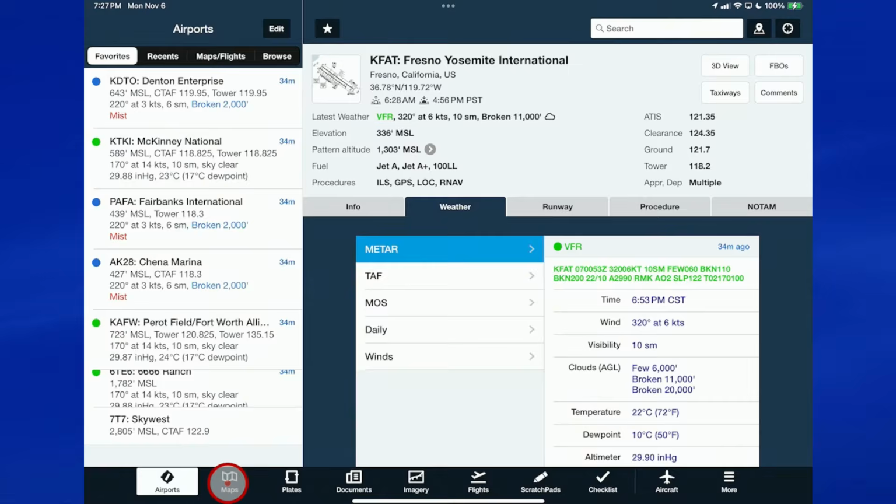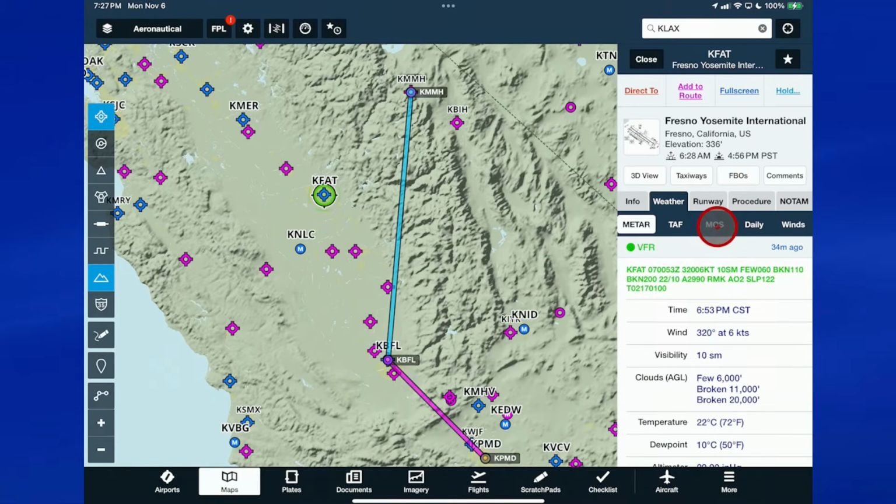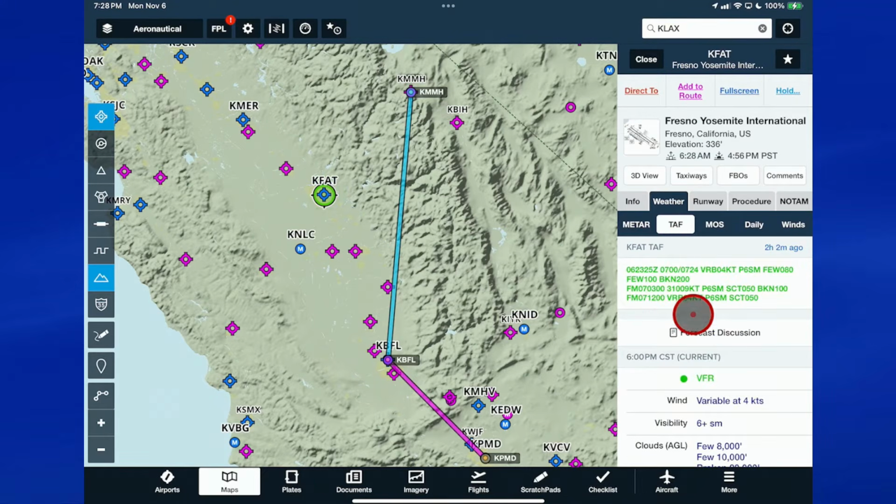We'll go back to maps. You can see my menu is still there. I get the weather, which I don't even need to read. Green is good. I tap on the tab, and if it's really long, there's more weather, but if it's green, it's good. Of course, I'm kidding. You do want to read it. But generally speaking, the shorter it is and the greener it is, the better your forecast. And you've got all the different weather options here for looking at the weather at Bakersfield.